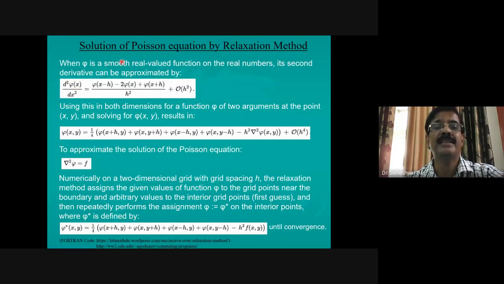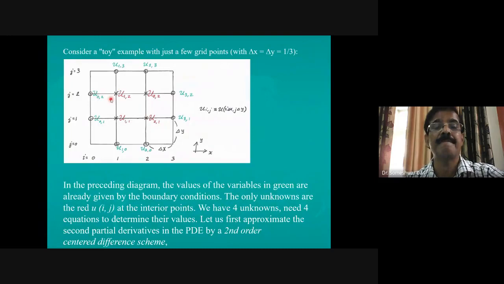So when phi is a smooth real valued function on the real numbers, the second derivative can be approximated by d square phi by dx square equal to phi at x minus h, where h is the grid distance delta x. So this is actually basically the second order central difference. If you recall,